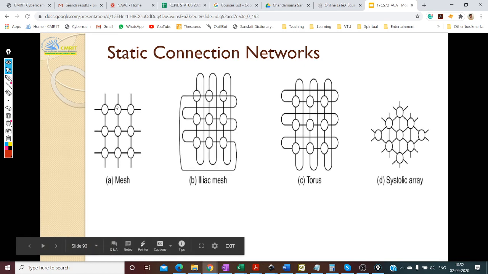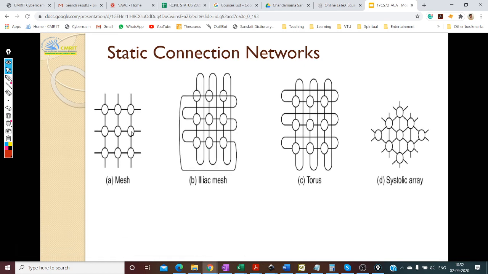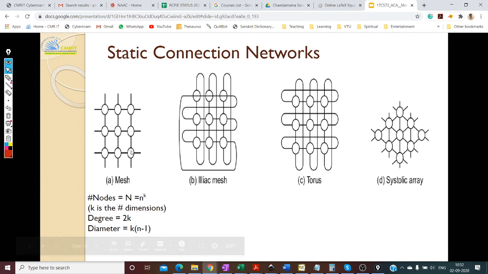Now we are going to deal with more interesting topologies. First one is mesh. Mesh is just like the name says, it's a mesh. It's a two-dimensional topology. If you have n nodes, n power k, where k is the dimension, so a mesh can be a 3D mesh also, but this is a two-dimensional mesh. It looks like a net. If it's a 3D mesh, then you have a cube, or multiple planes of these 2D meshes put together.